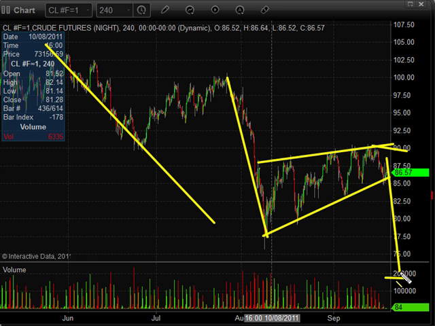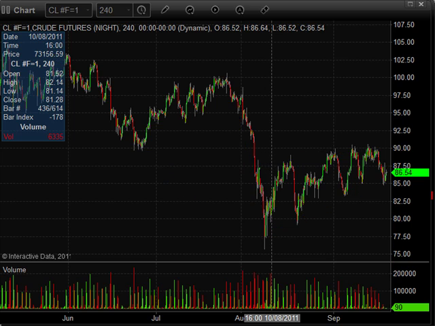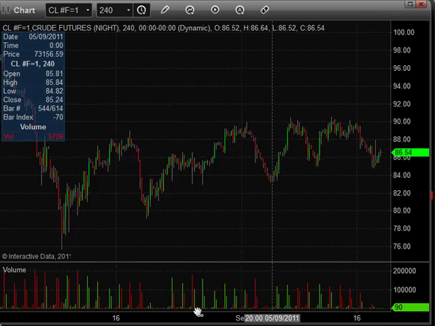We would actually see a pretty sharp drop, which could, if we do get down here, I think put a bottom in crude, and we'll probably see it trade sideways or higher from there, but that's kind of where we stand right now. Now just zooming in on the recent price action,